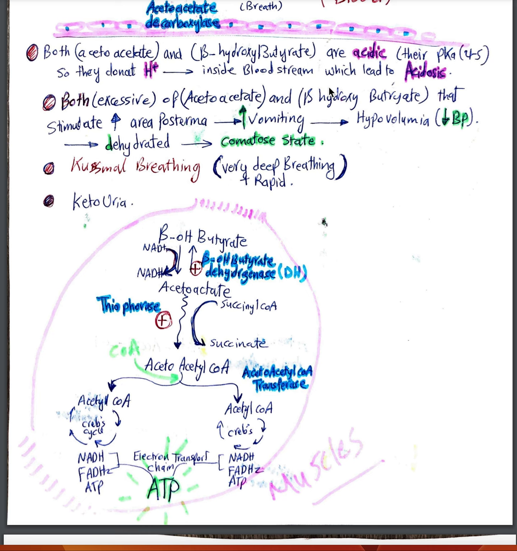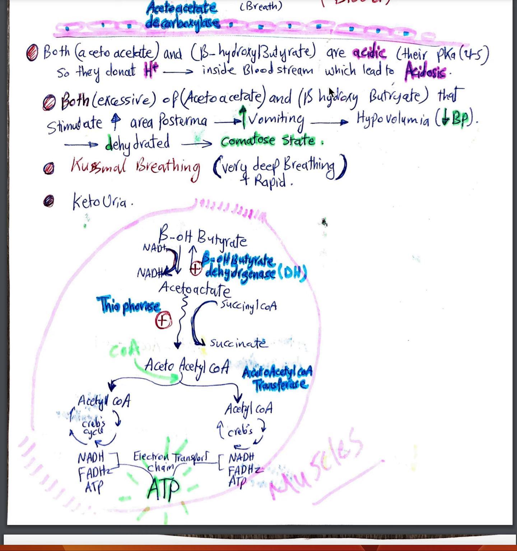The other information I said before is that the ketone bodies are not used by the liver. They are synthesized in the liver, but they are not used by the liver. They are used by skeletal muscle, brain, and renal cortex. The other thing, acetone, which is the third ketone body, is not a source of energy. Absolutely not. But acetone is like a clue. If the patient has acetonic breath, a fruity breath, then we can understand there is some problem with this patient or with this person.